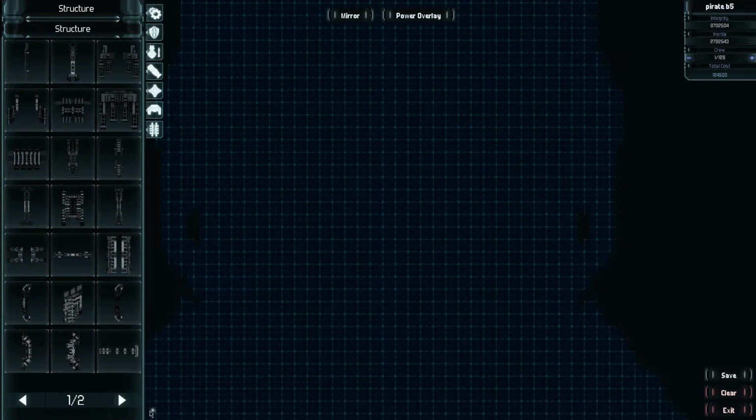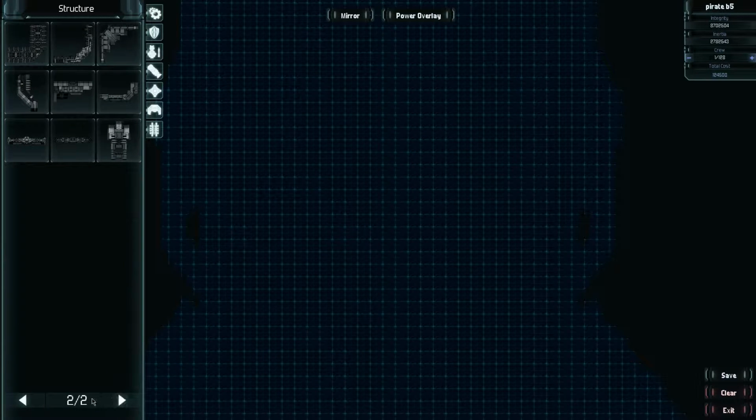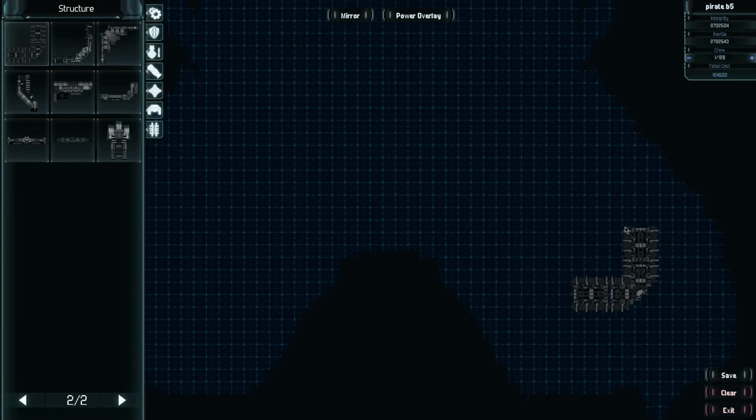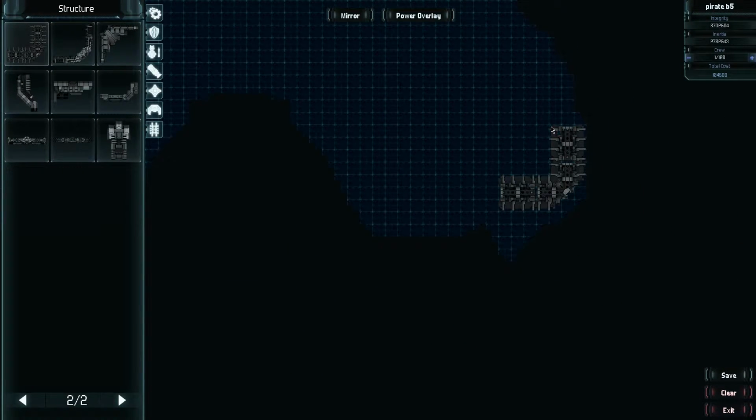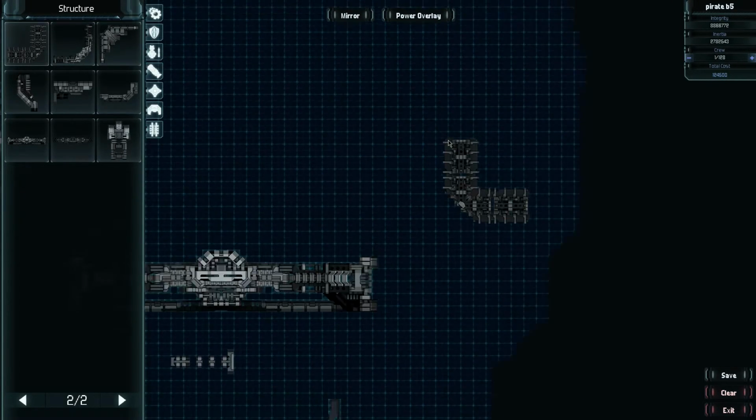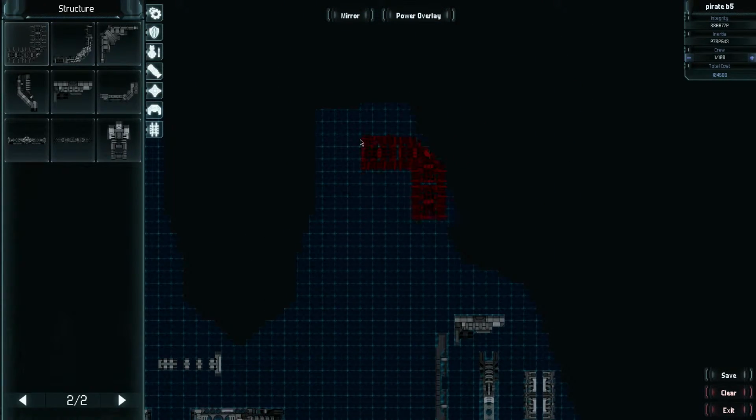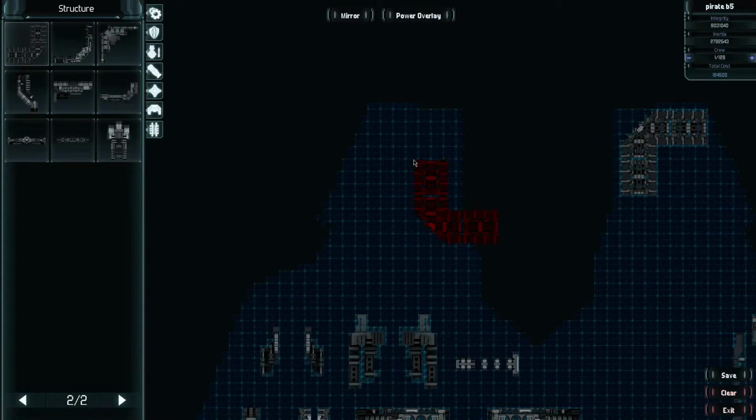So let's say we got some big corners. I'll probably end up putting an engine here, but let's throw some in some corners just to be sure, because you never know. And this is just me doing the scroll wheel, and it flips it around a whole bunch of times till you get the